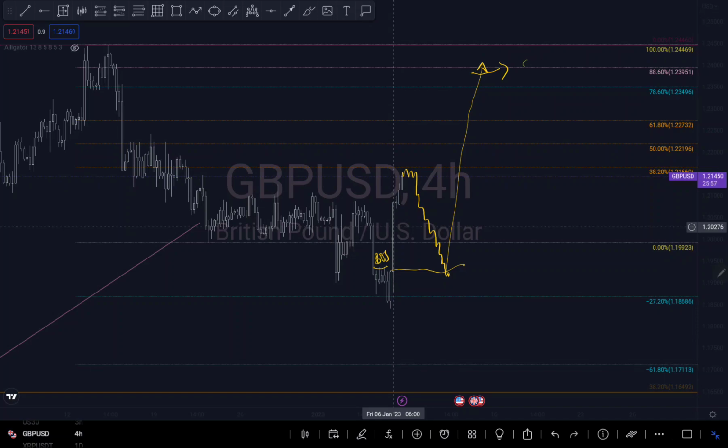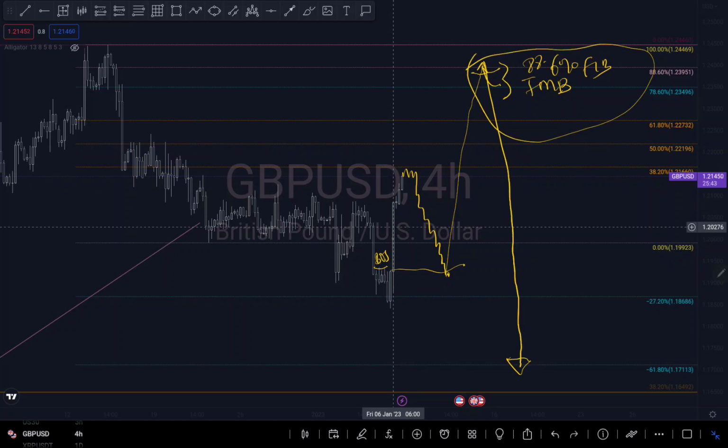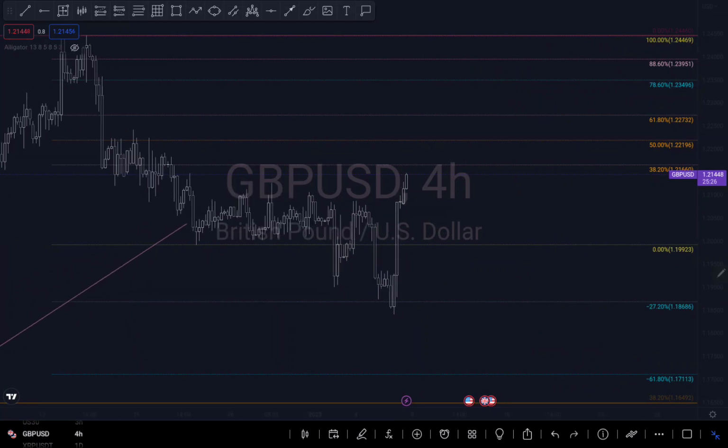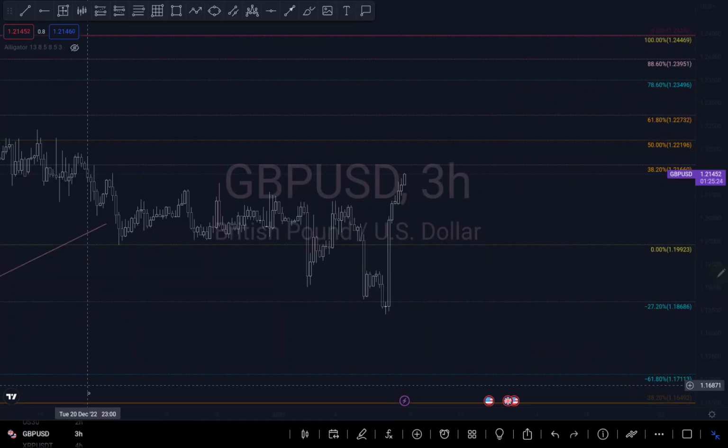And my reason is because this is my 88.6% fib level. There is also an imbalance right there as well, so that's why it might just come here first before we now finally push down to my next target. This is my next target, which is around 1.17113. So that's my next target right there, but I can't currently draw my fib yet because we don't have